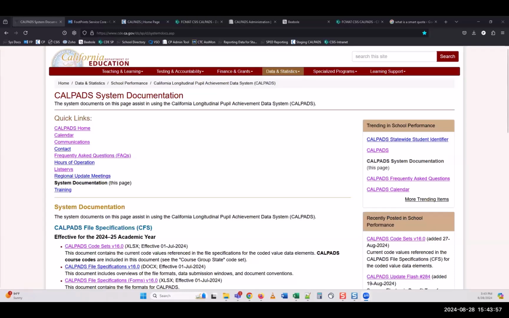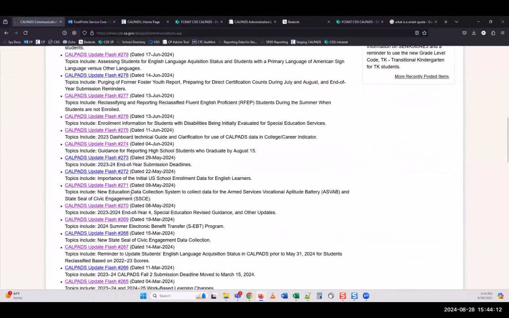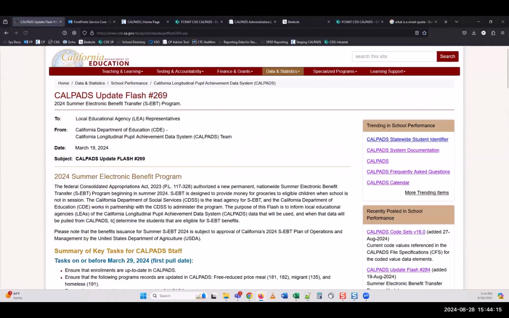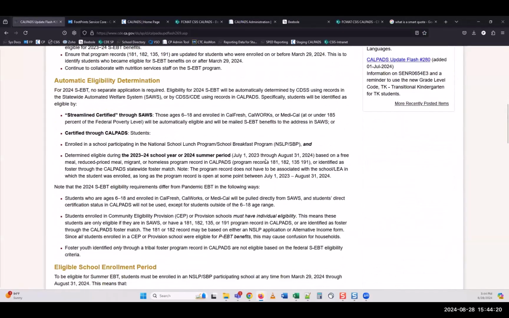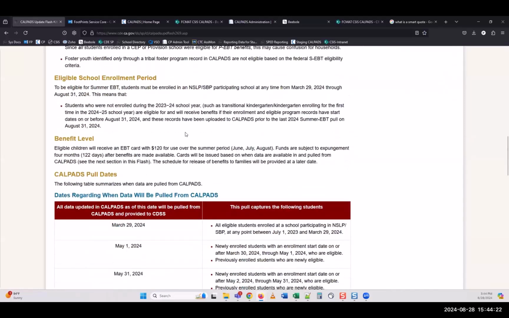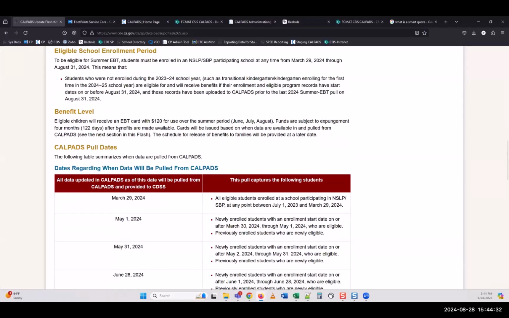Yesenia has a Q2: are preschool students eligible to receive the summer EBT? Sorry, I was trying to figure out which flash it is. 269. Okay. To be eligible, school enrollment, period. So one, the student needs to have been enrolled in the 23-24 school year.